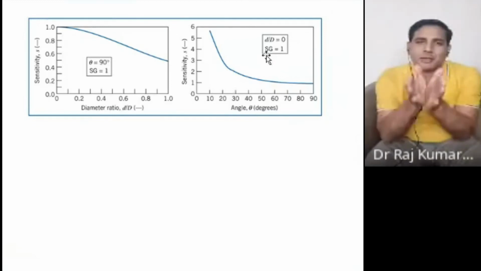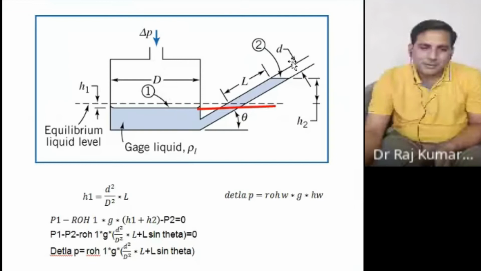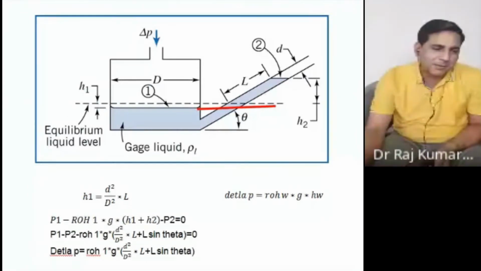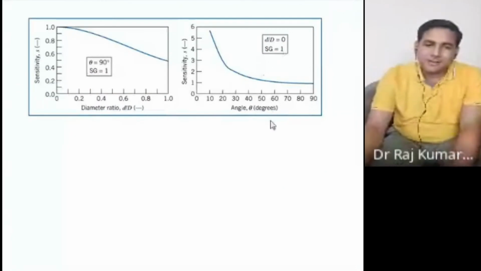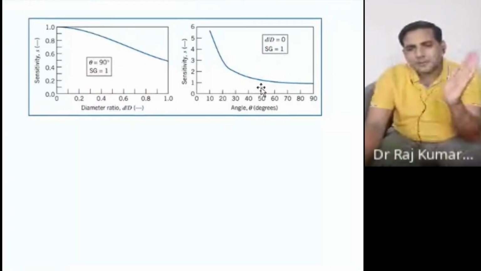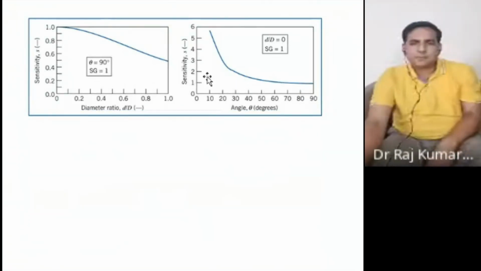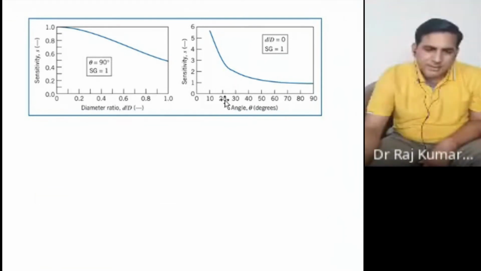At the same time, the tubes are the same. This big tube, this one, and this tube, the diameters are also the same. Practically they have put the zero here, so zero is not the case. Now they are just changing the theta. You are just changing theta, and this is how you get the sensitivity change. So as your theta stays low, the sensitivity is higher and higher.